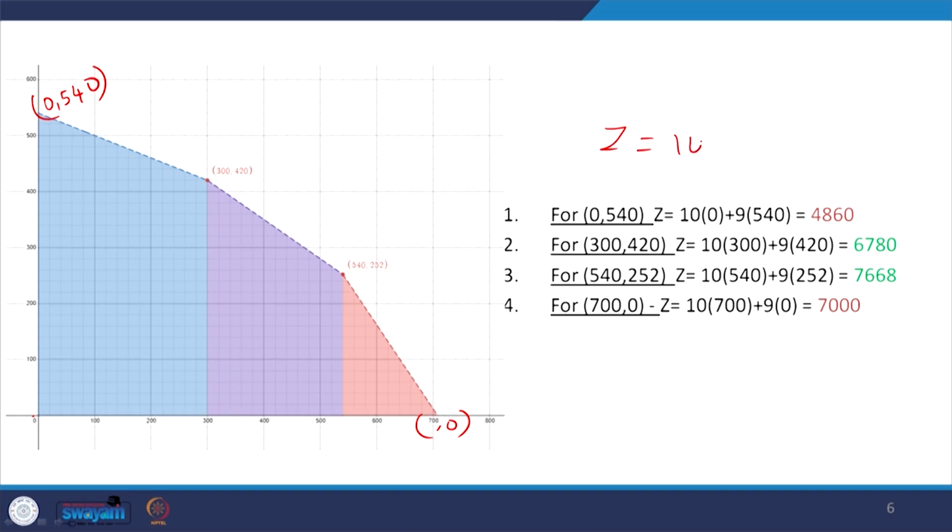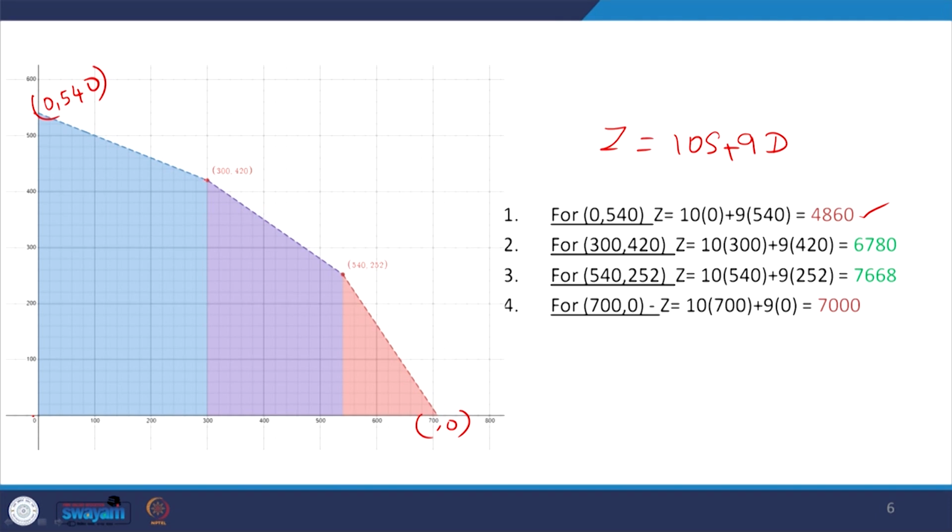It is 10s plus 9d: 10 standard bags and 9 deluxe bags. The 10 and 9 are the profit contribution by each bag. So first we can take this point 0, 540. This is our first point. We can substitute in our objective function. When you substitute it, the value of z is $4,860.